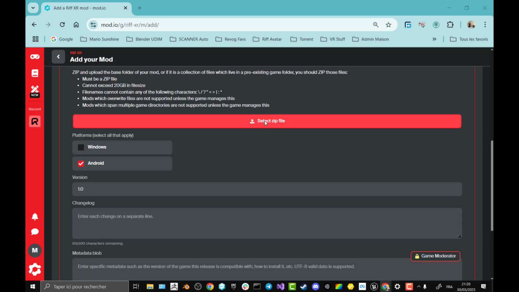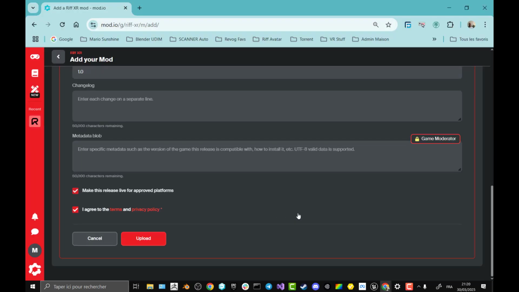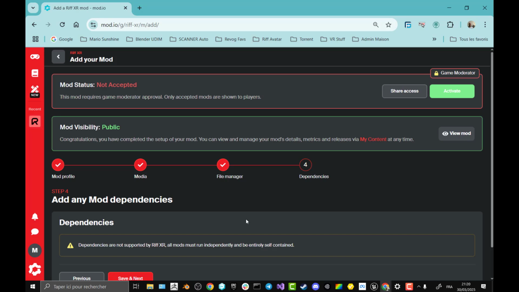Actually, it's the textures that always make the avatar have much space. So before uploading, always make sure that you check your textures. So if you have oversized, maybe you have duplicate textures or content which is not important. So right now, save and next,